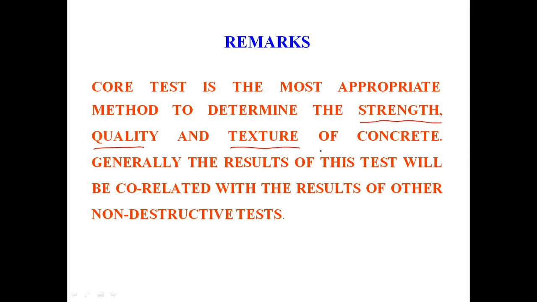Okay, so this is how you can correlate the results, like ultrasonic pulse velocity. Even in the first presentation I shared the formula to convert your ultrasonic pulse velocity values to the compression strength of the concrete. So you can correlate those values with the direct compression strength of core samples, and check whether you are getting the same values for the same structural element or whether there is any huge difference. This is how the core test is carried out as a partially destructive test of a concrete structure.